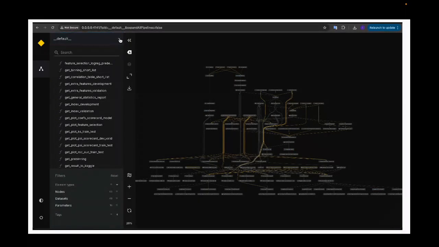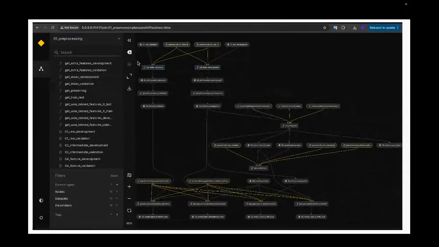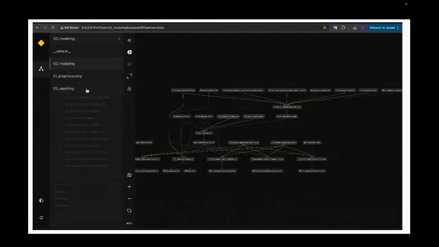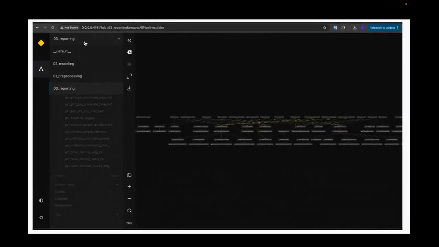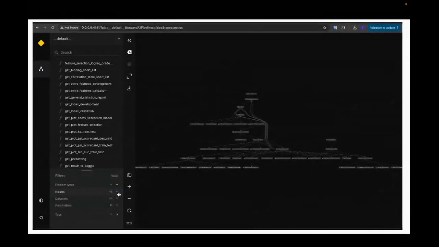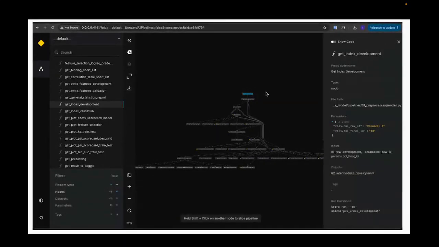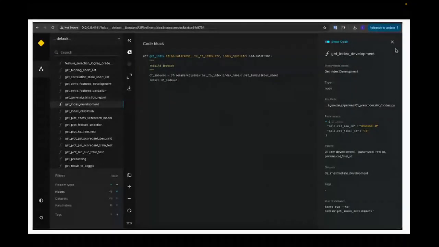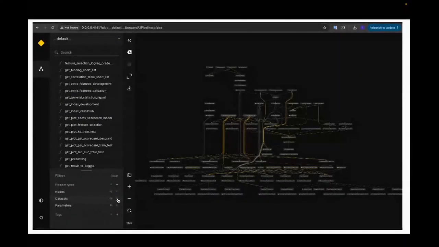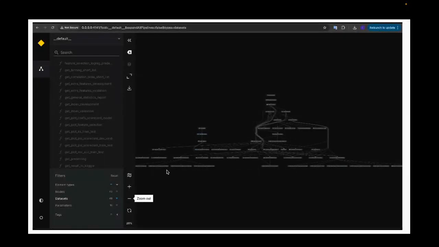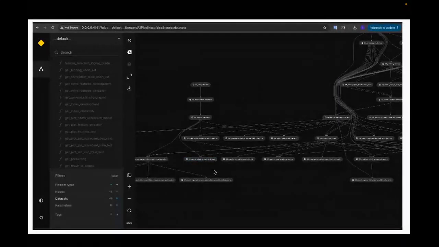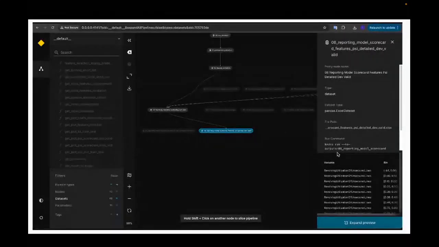Here we select the pipeline, for example, pre-processing, and select any nodes. You can check and filter, so check parameters, select only nodes, and they will be displayed on the nodes, and so on. It's a graph where you can even show code. It's a graph that visualizes your projects. It's a very useful thing when you show the project to business stakeholders or even for your own understanding.